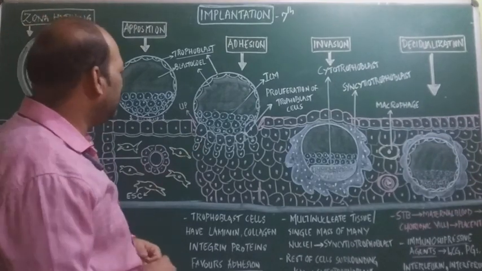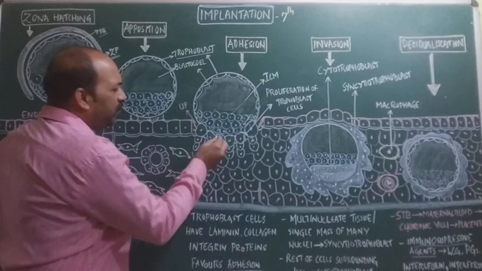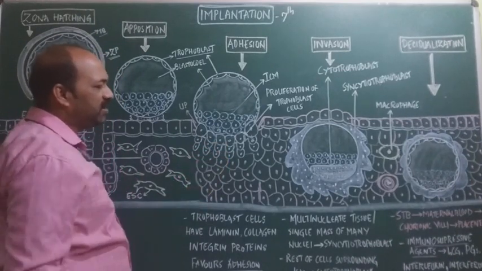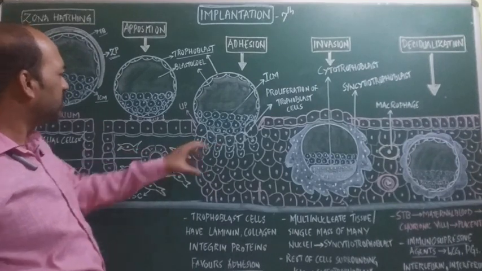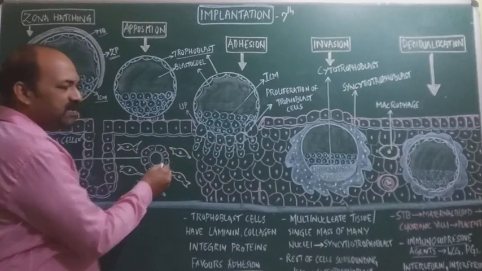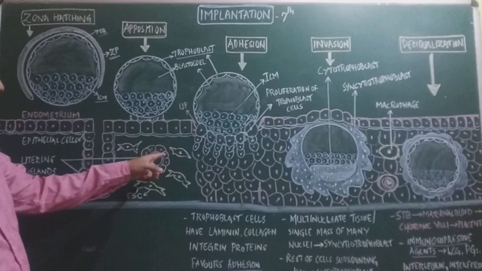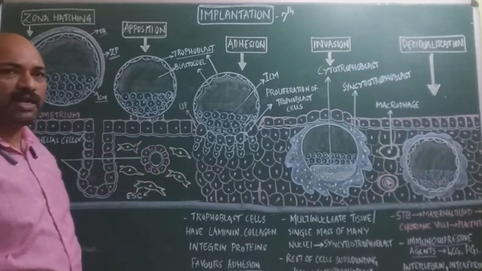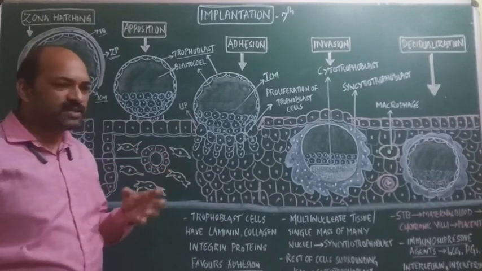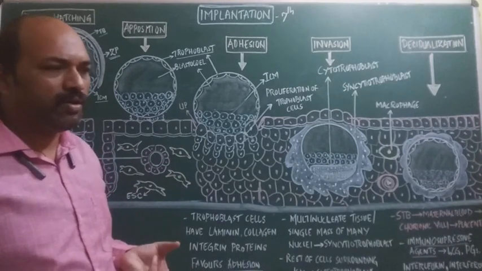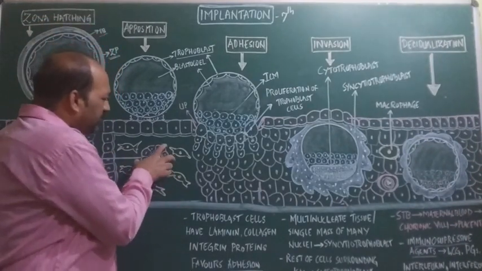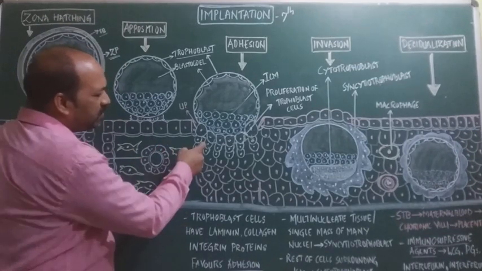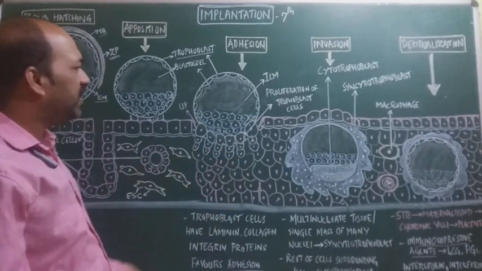During this invasion, the trophoblast cells which have been proliferating into the endometrium come in contact with the glands present in the endometrial stroma. Those are the uterine glands, and they secrete the uterine secretion, or you can call it uterine milk, and by absorbing nutrients from the uterine glands, these trophoblast cells divide further,